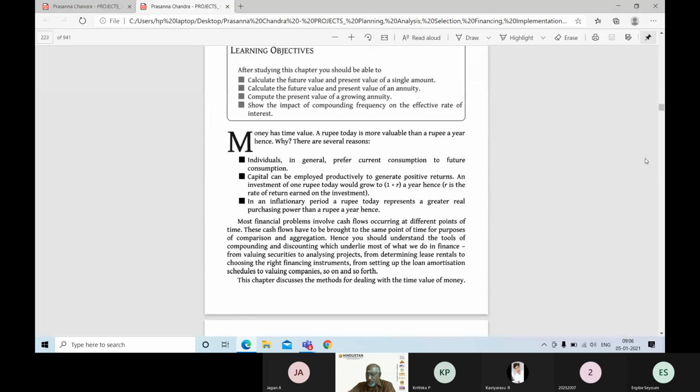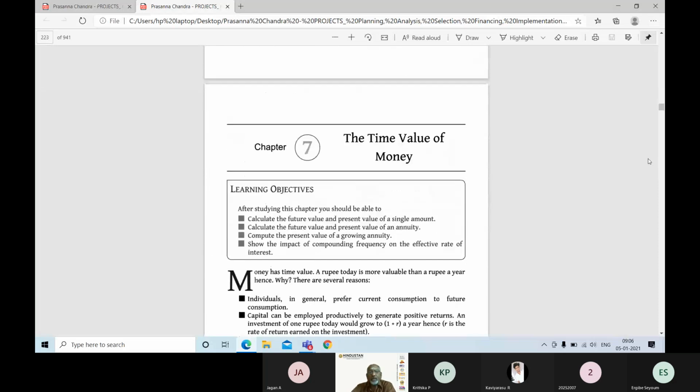Okay, this chapter we saw last week, the time value of money. The time value of money, in the sense, is simple interest versus compound interest. Whenever you are investing something this year, what is the amount at the end of the next 5 years, or 10 years? And for the amount you will have in 10 years, what is the value to be invested, the present value? Forward and backward, like that.